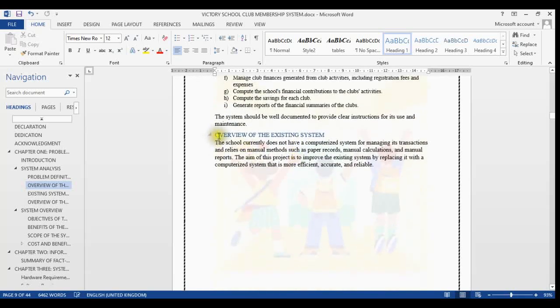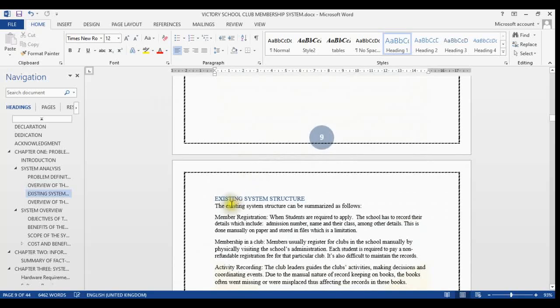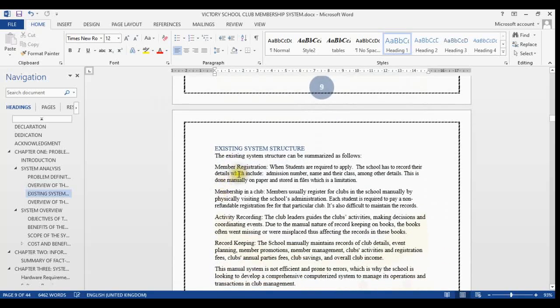Then the overview of the existing system. This is where you give a brief look of how the old system is, or the system that they are currently using, how it looks like. So you therefore need to go to the existing system structure. In this case, you can give a summary of